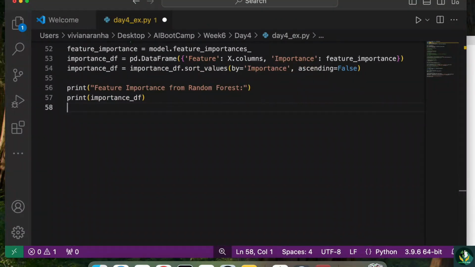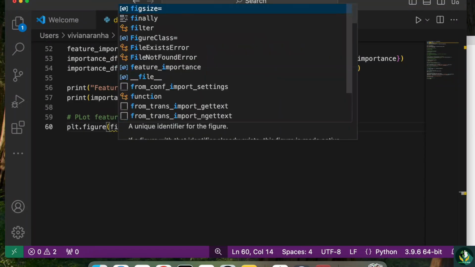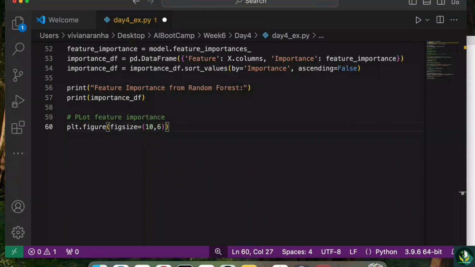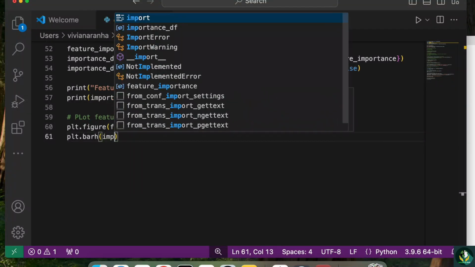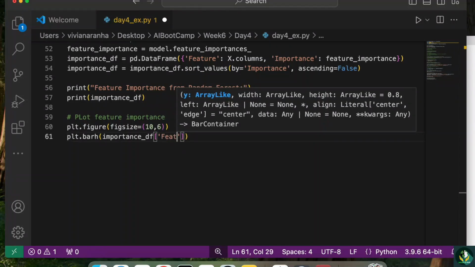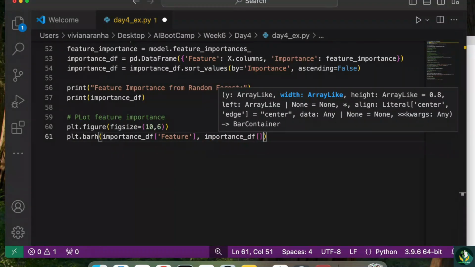Next, if you want to plot this out, let's go ahead and do that too. Plot feature importance, plt.figure. I'm going to use a figure size of, let's say in this case, 10,6. I think the last one was a little big. Next, plt.barh. I want to pass the importance_df feature and importance_df